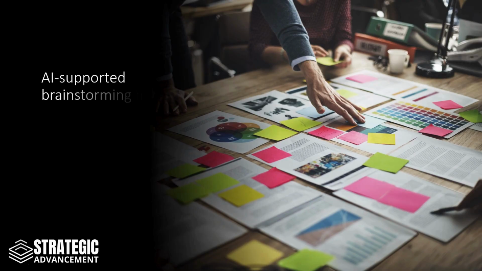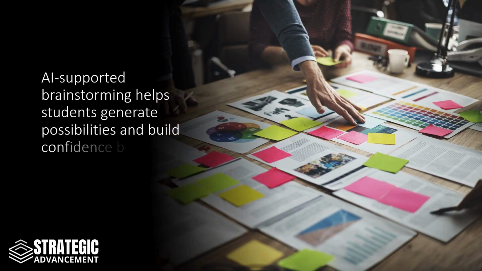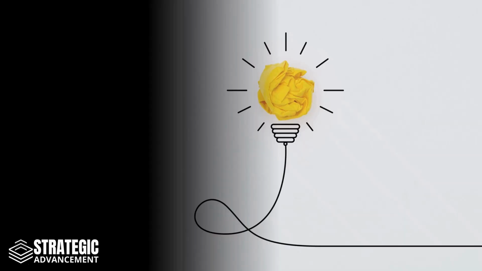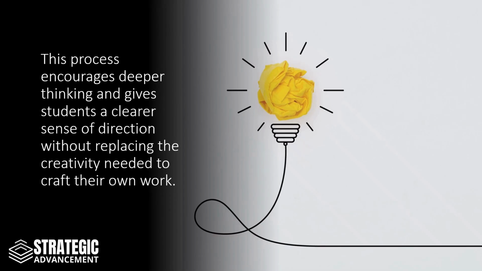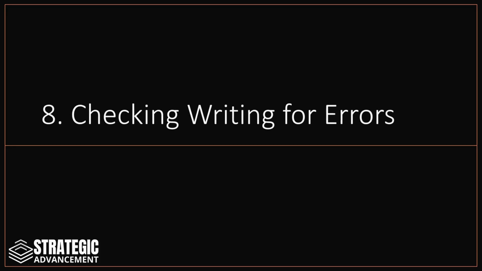AI-supported brainstorming helps students generate possibilities and build confidence before they begin drafting. This process encourages deeper thinking and gives students a clearer sense of direction without replacing the creativity needed to craft their own work. During the revision process, students often miss errors simply because they've read their own writing so many